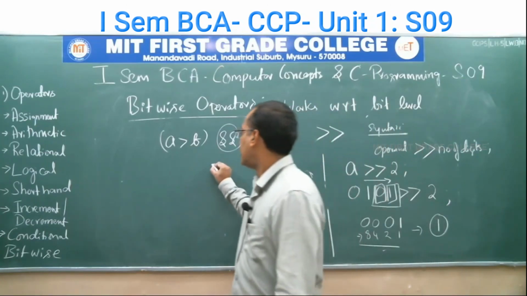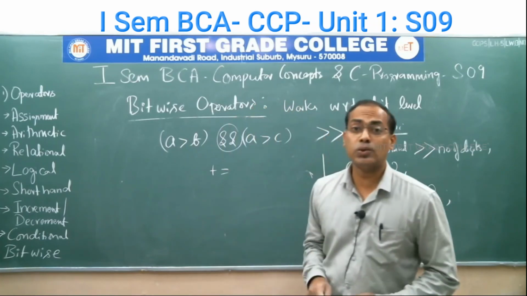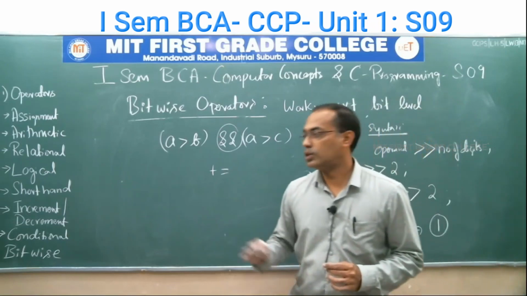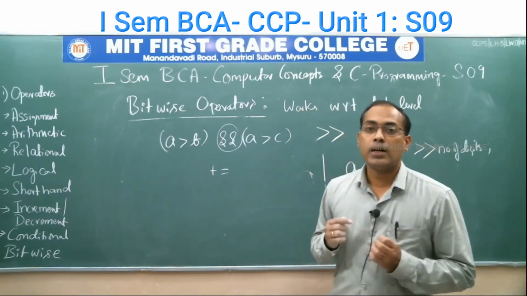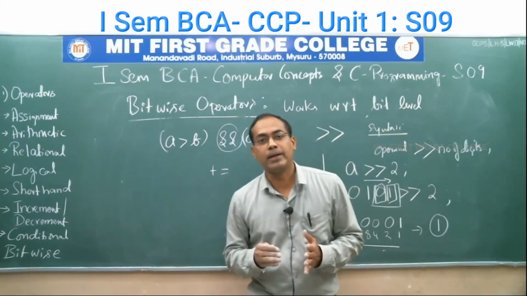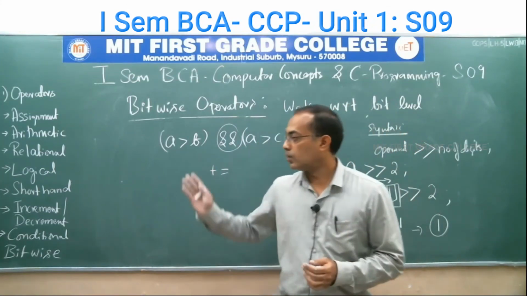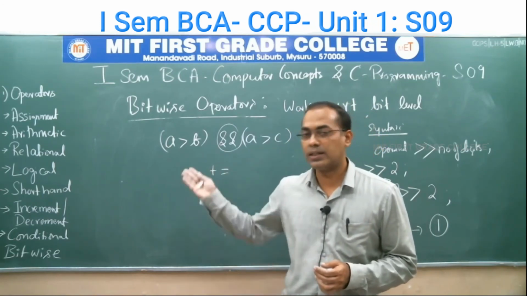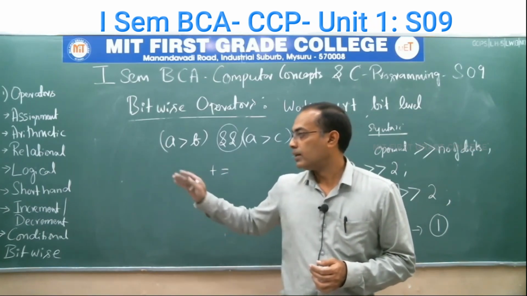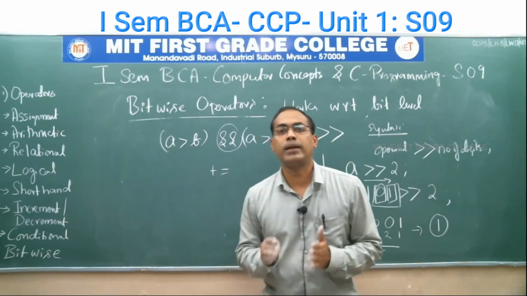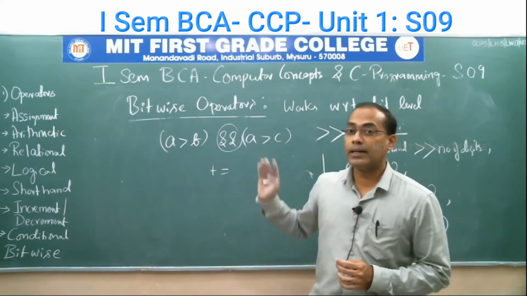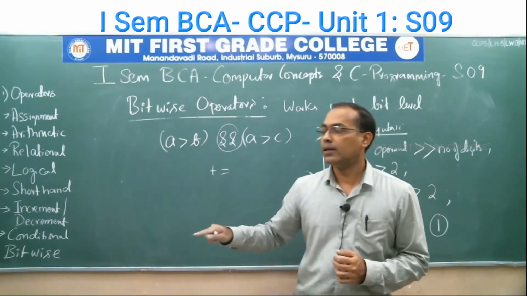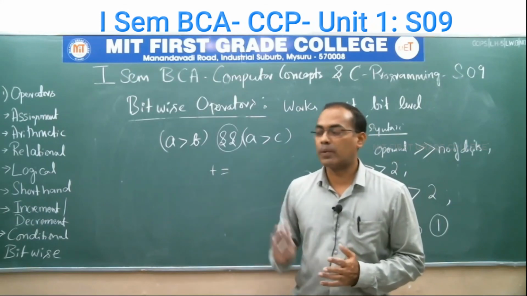Shorthand operators, as I told you, don't bother much about them. They are nothing but used to represent the expression in a shorter form, that's it. Then we saw the most important ones, the increment and decrement operators, which are used to either increment or decrement the operand by 1. We use this a lot, especially in the for loop. We will see this when we discuss the for loop. Then we saw the conditional operator, which is an example of the ternary operator, which contains 3 operands, and we saw how it helps us implement two-way decision making in the simplest form by using the question mark operator.